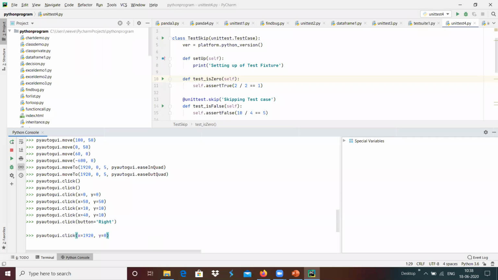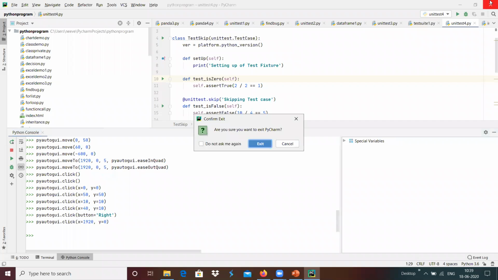Then the mouse pointer should go there and generate a click event at the top right.